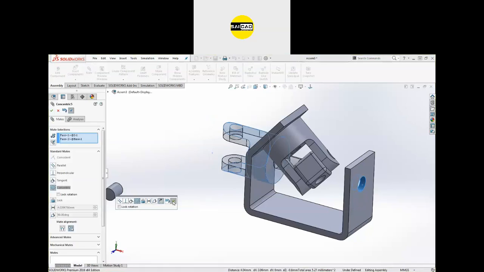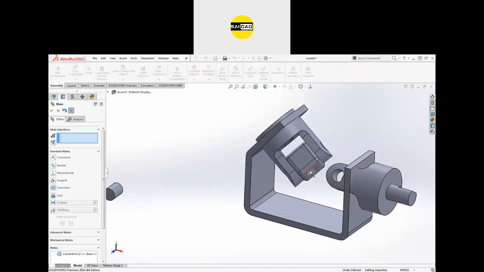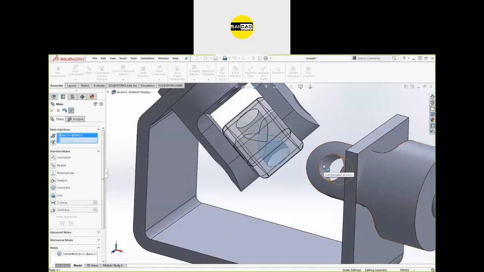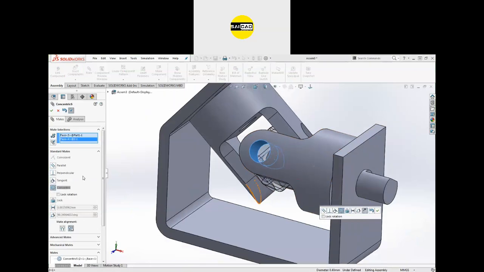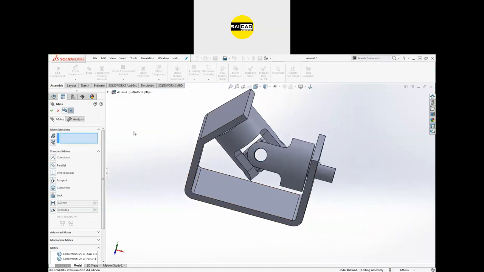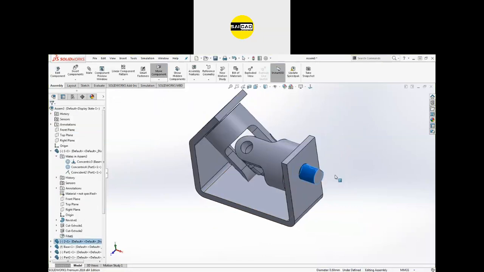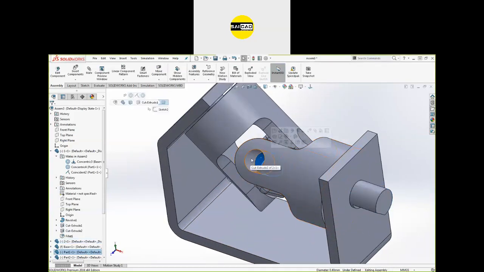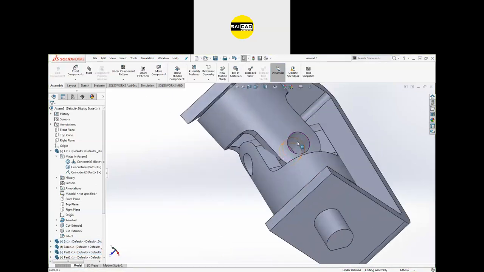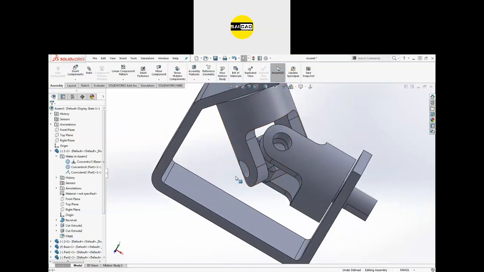You can also specify I want this part like that, and now I want that this circular entity should be constrained to this one. You can see there is the relation concentric added like that. Click OK, and now we can see that this part can be rotated around. Okay, if we rotate now the first object, the second will be rotated according to that, because we have applied that this face should be aligned to this one and this face should be aligned to this one, and we have applied a motion that the faces should be constant.